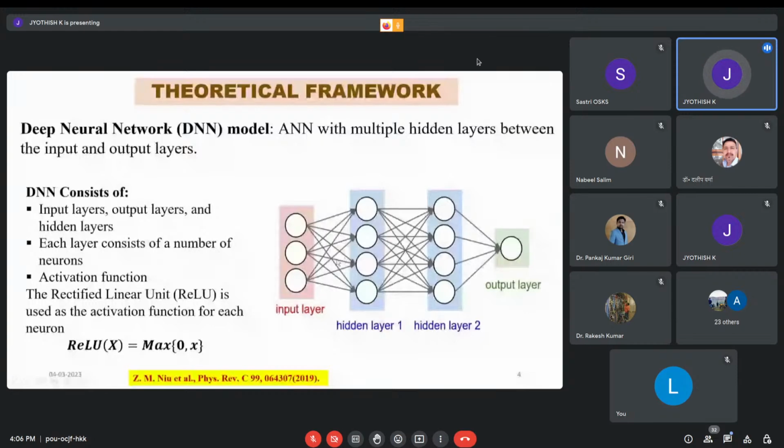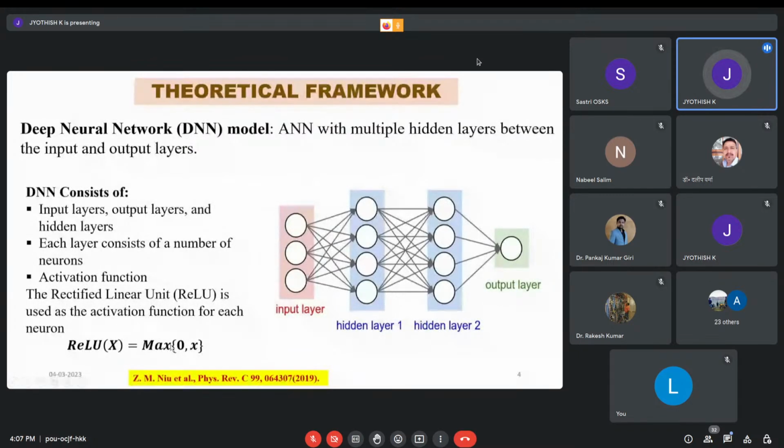This activation function is one of the main things in how the neural network is going to work. It acts as a transformation function, so it transfers the information from one neuron to another. That means it is the deciding factor of whether the signal or information can transfer from one neuron to another. Here we have used the rectified linear unit as an activation function. We have different types of activation function like tanh, sigmoid, etc. Here the ReLU function equals the maximum of 0, x. This is the equation of our activation function.